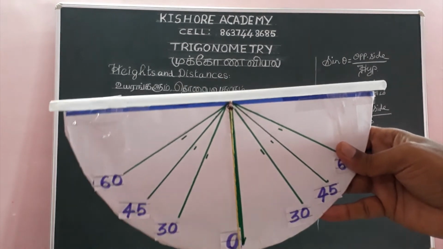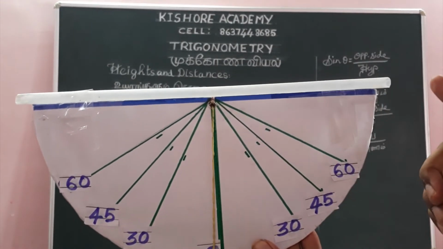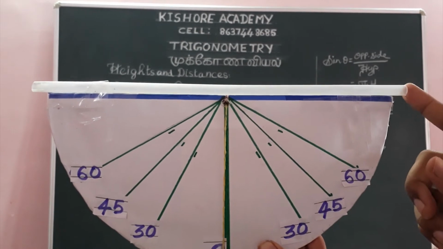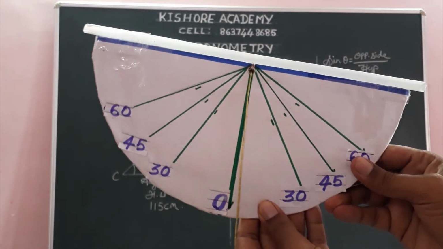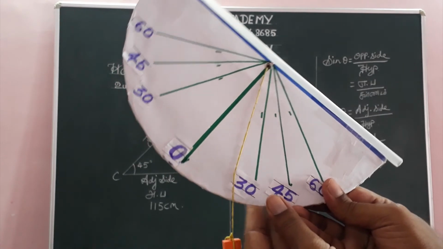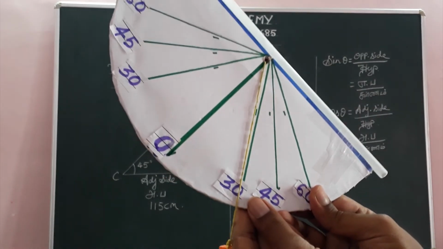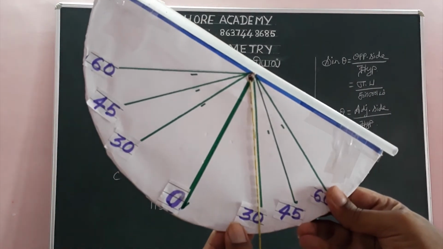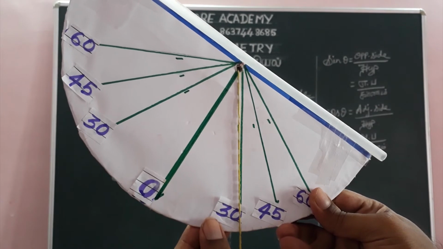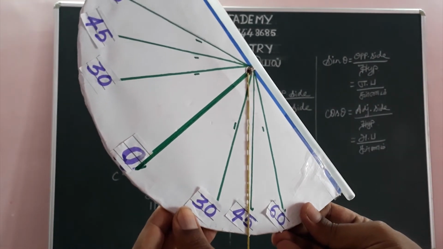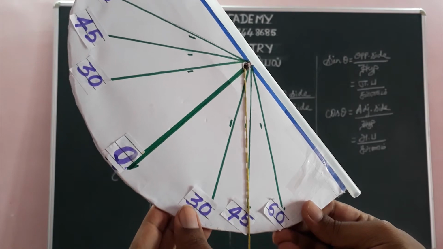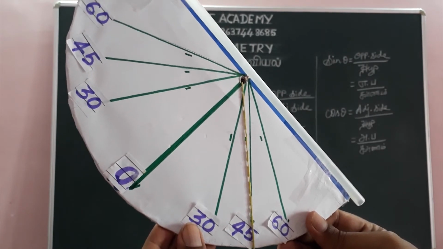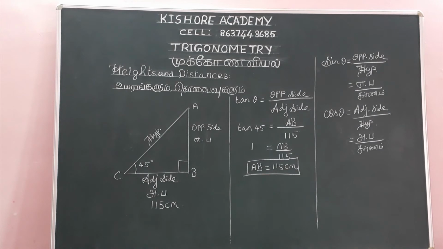So now you see any object with the help of the straw, it shows the angle of elevation. So listen clearly. So this is 30 degree. Now you see the object in 30 degree. Now you see the object in 45 degree. Okay. So there are many tips on YouTube on how to make and use the clinometer. You can refer to those YouTube clips also.